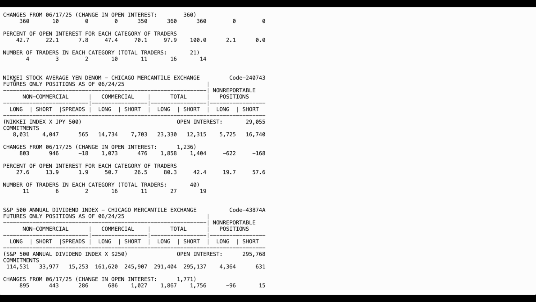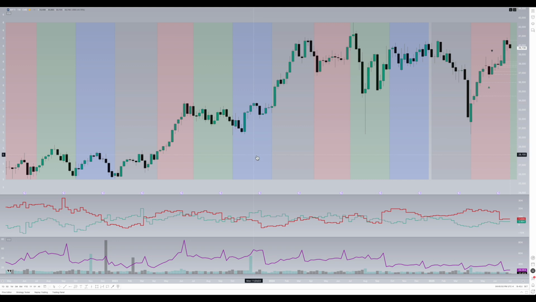But what caught my eye is I didn't know there was a foreign stock index in here, which is, of course, the yen denominated Nikkei. And so you see the data here. Of course, the issue is with this old school formatting, at a glance, it's super hard to read. I don't want to look at this, which is, of course, why in applications like TradingView